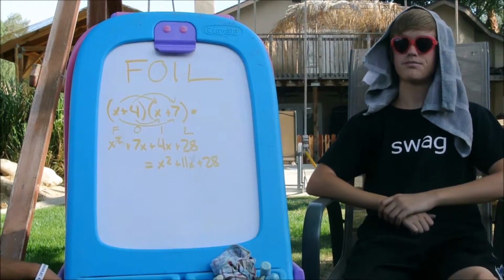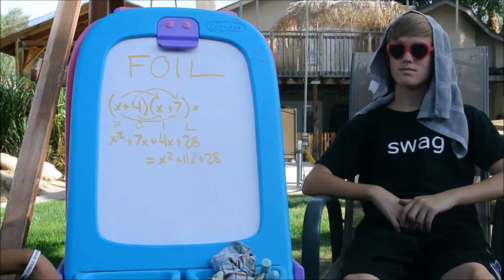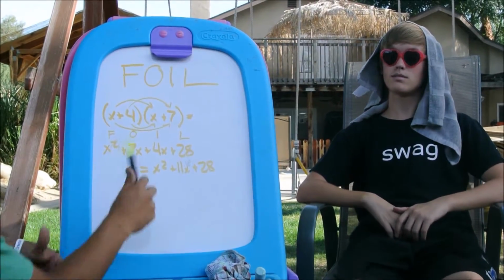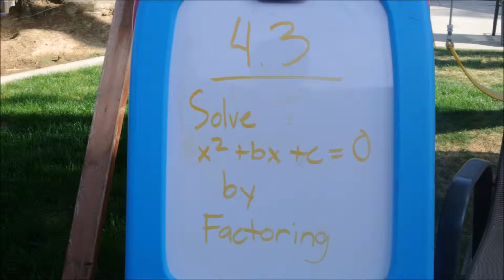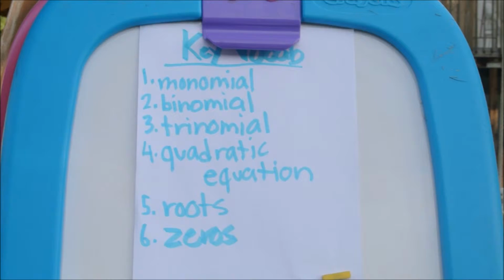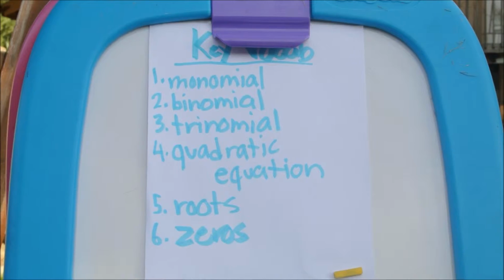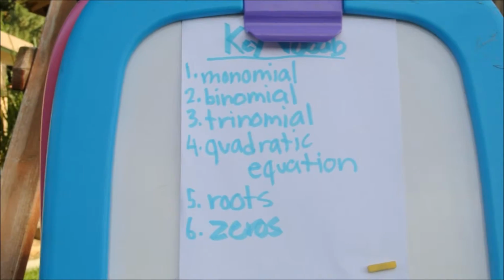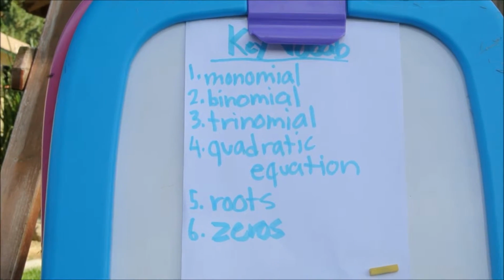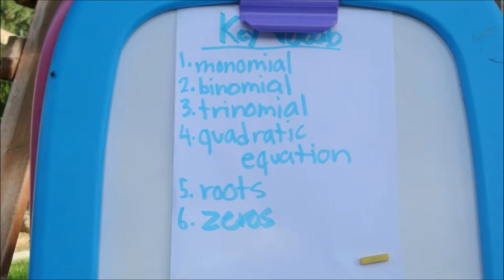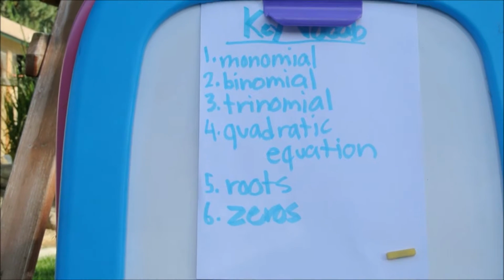FOIL method. To multiply two expressions that each contain two terms, add the products of the first terms, F, the outer terms, O, the inner terms, I, and the last terms, L. Monomial. 1. A monomial is an expression that is either a number, a variable, or the product of a number and one or more variables. 2. Binomial. A binomial such as x plus 4 is the sum of two monomials. 3. Trinomial. A trinomial such as x squared plus 11x plus 28 is the sum of three